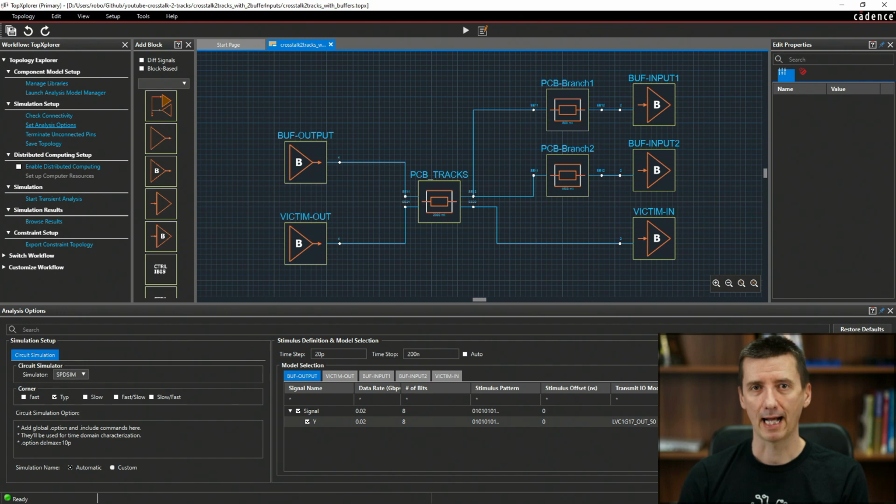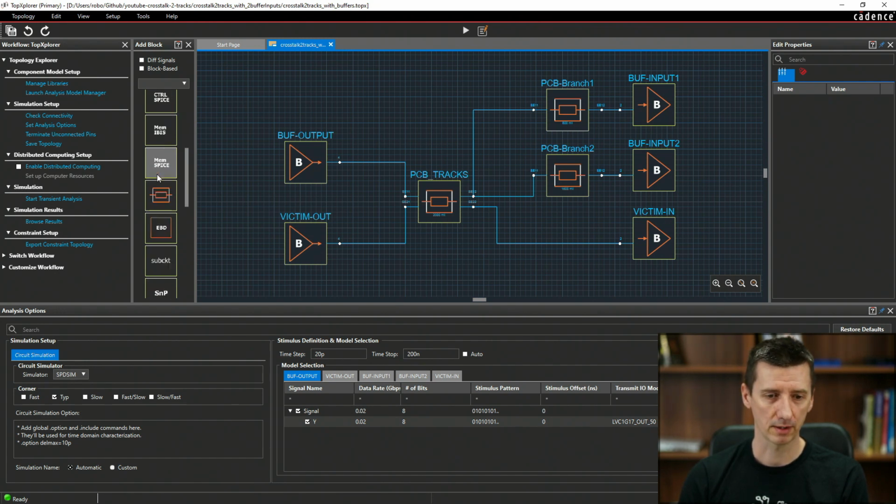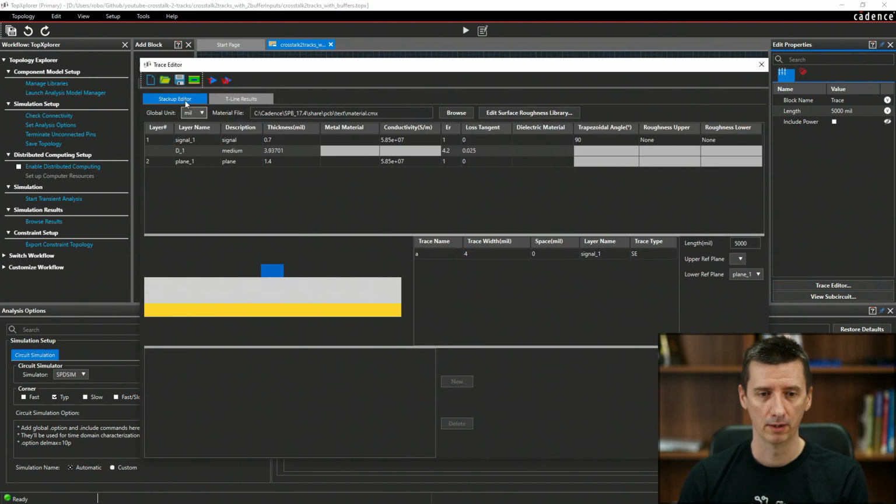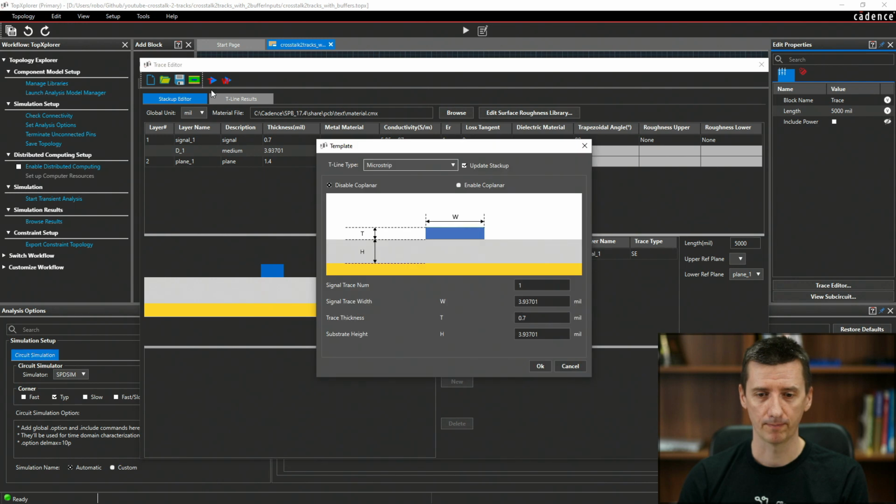To specify our PCB, I use this trace element, or they call it block, okay, trace block. I'm going to show you how you can set it up. So click here, trace editor, click on this new one. In our simulation, we would like to use trace with 12 mils.